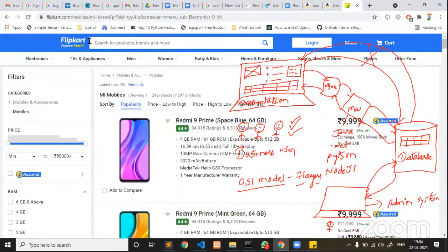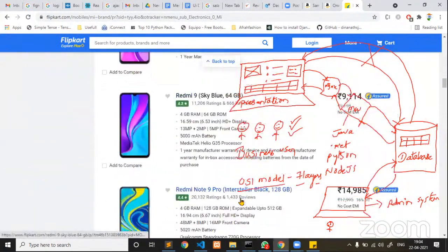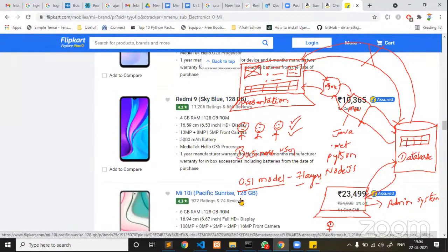Because when you are reloading, think that the header also reloads again, the navigation bar also reloads again, even the footer of Flipkart reloads again and again. Why should we reload the resources which are already loaded? It is not required. Different companies have used different techniques.